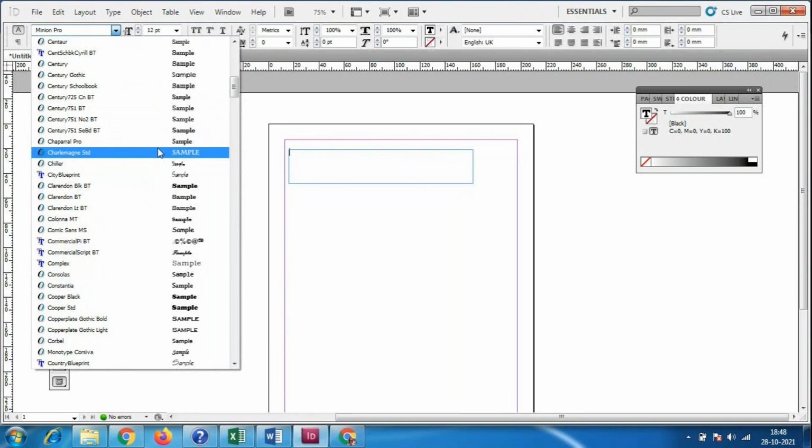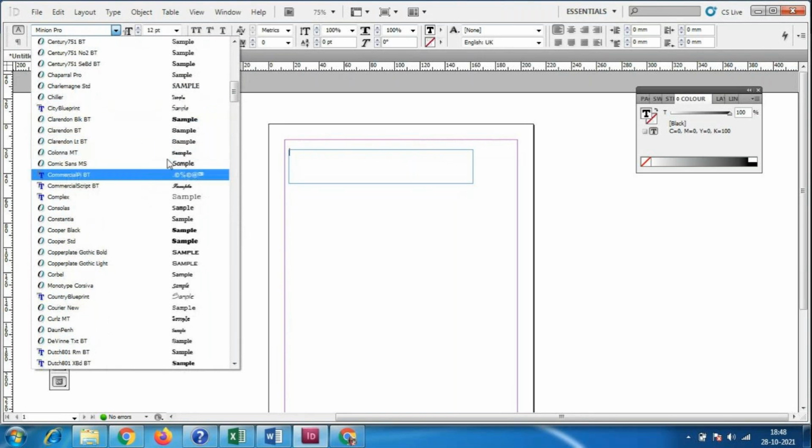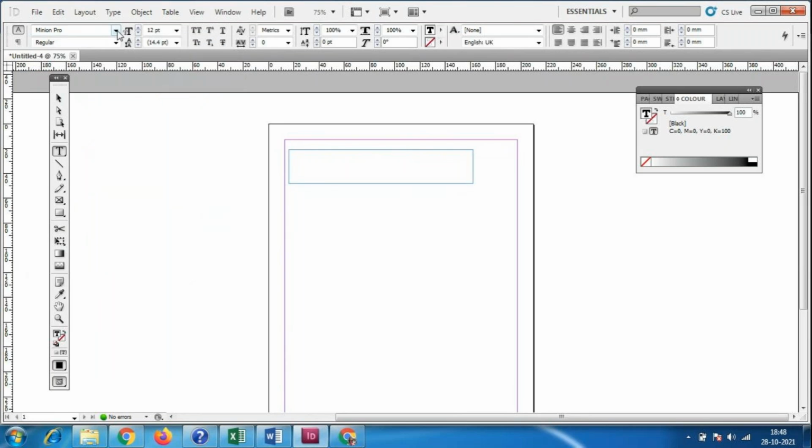Photoshop, what you have seen with the fonts, is the same thing, only these formats. So the font will be there, and according to it we have the font size. I'll increase the size of the font, then this cursor line will increase.